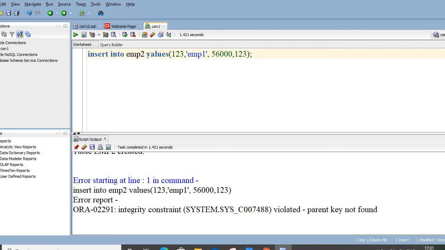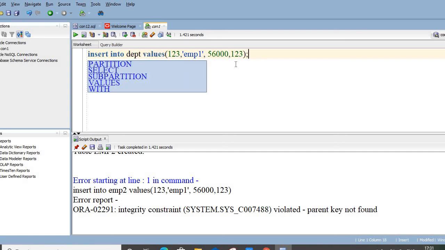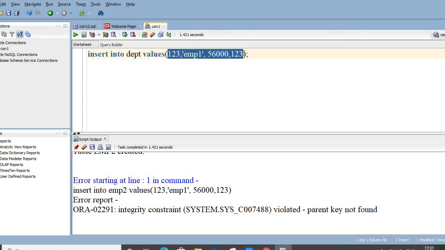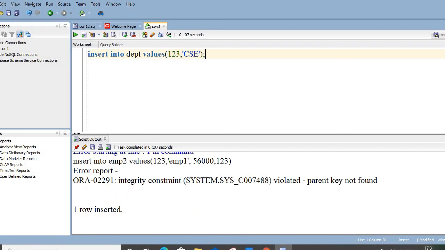So before we insert the values in the employee table, we must insert the values in department. So let us try to enter some values for department, where we have department ID and department names only. That is 1, 2, 3, and let us say department is allowed now. Another department also.